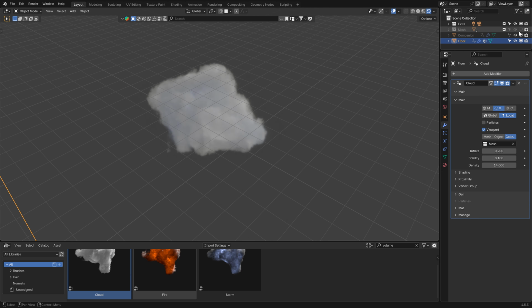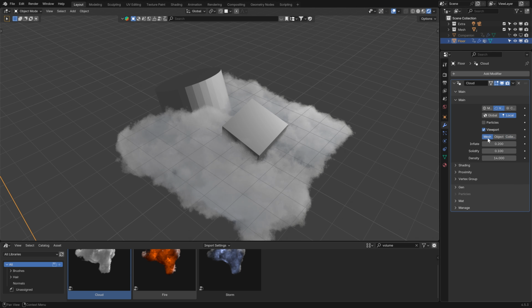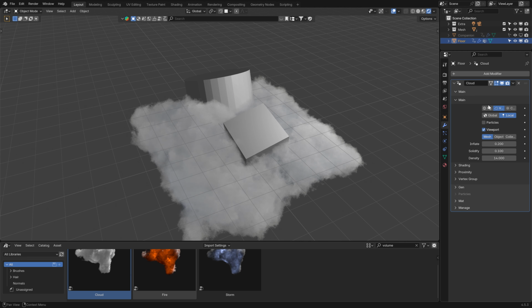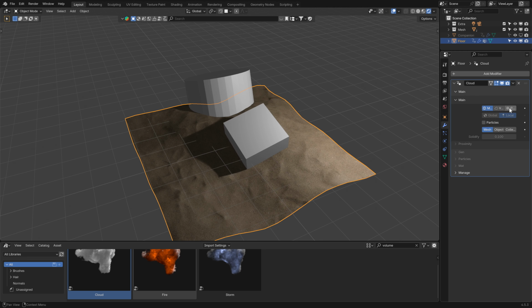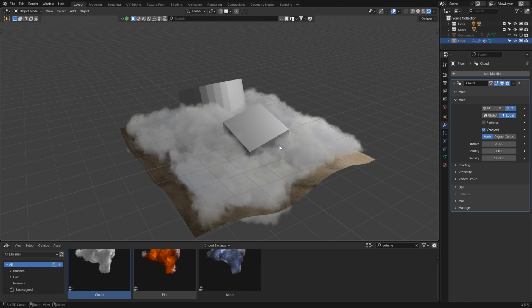As you can see, you have the cube and the cylinder. If you want, you can disable the in viewport. You can display only the volume or the mesh or combine the mesh and the volume. Now you have this result.